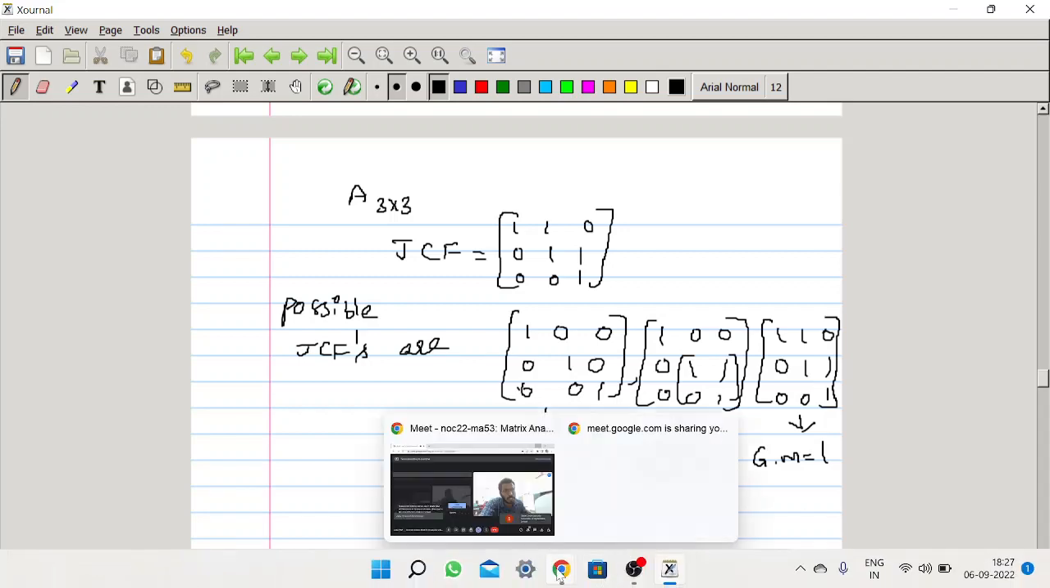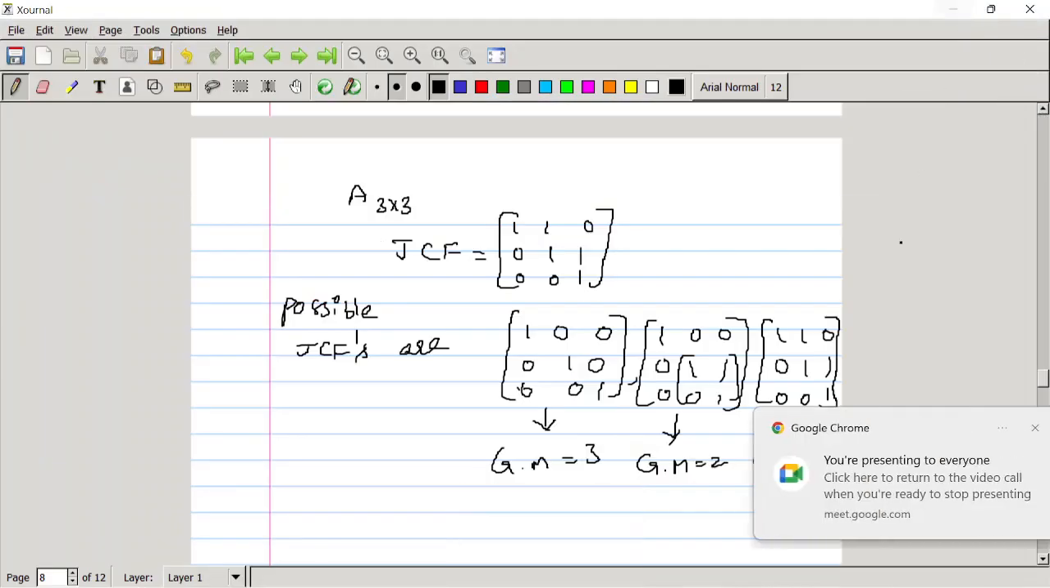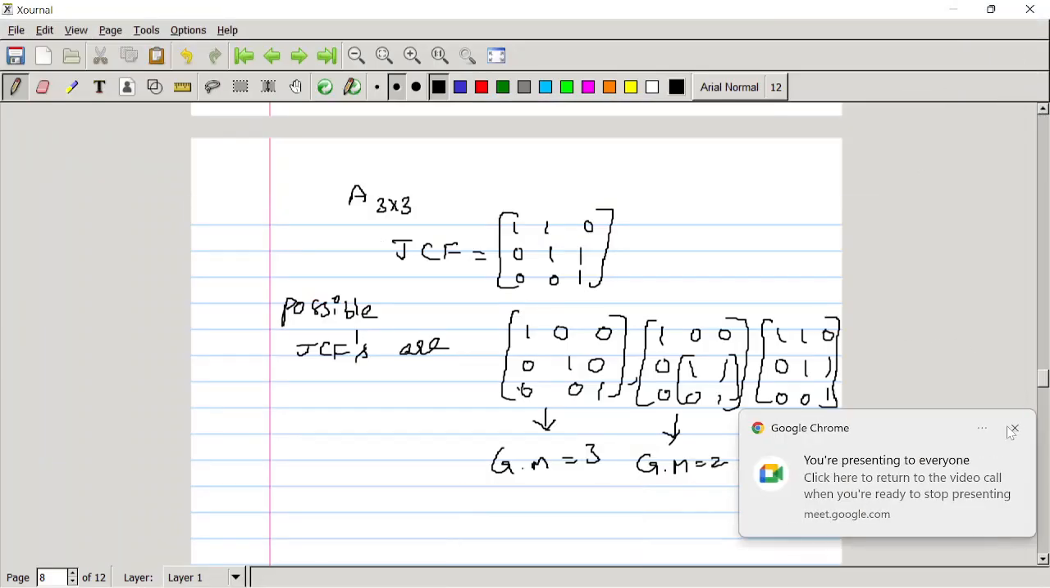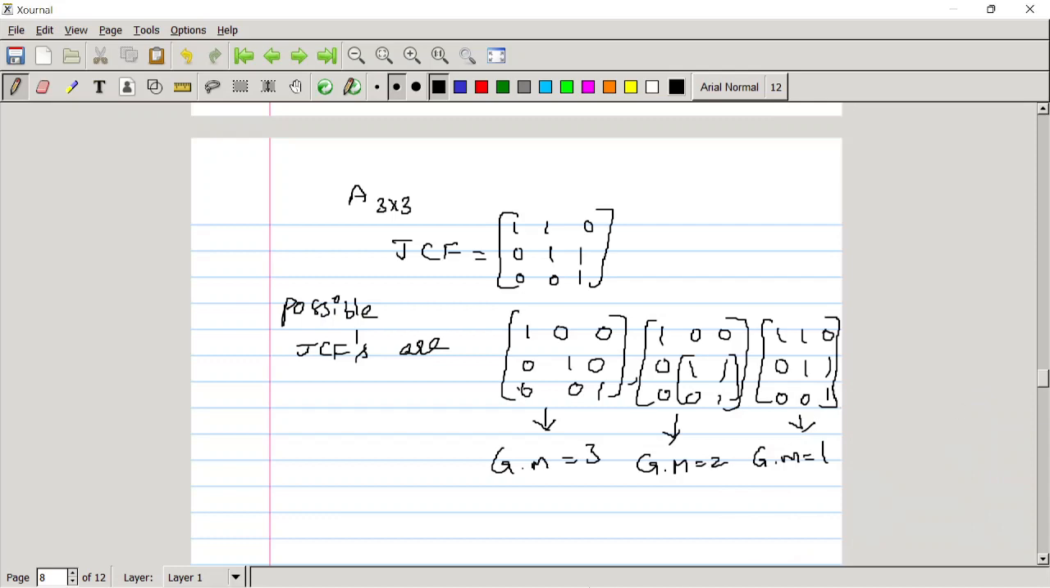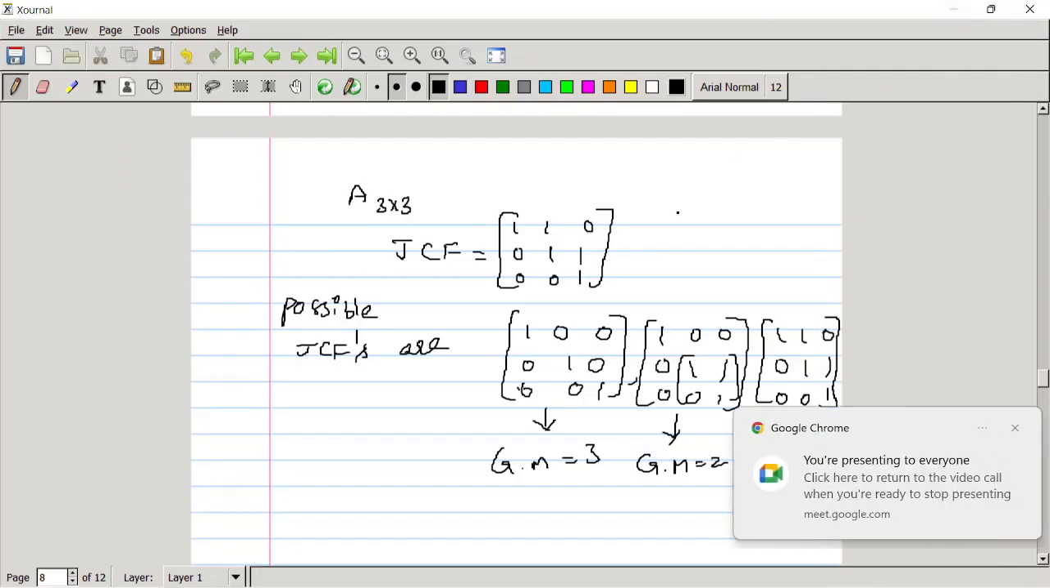Is it clear now? Yes, sir. Yeah, somebody raised the hand, I think. Nobody? Yes, please. Is the geometric multiplicity given as 1? Yes,